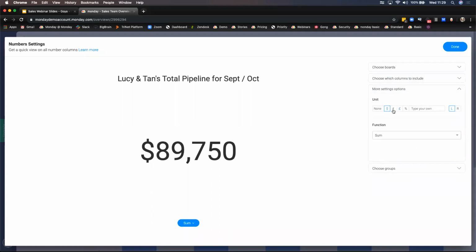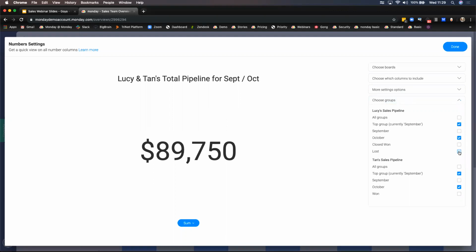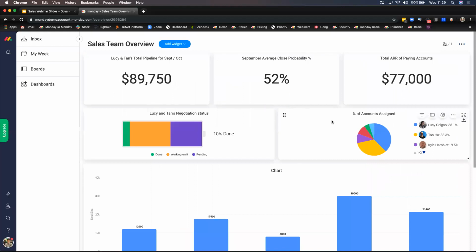I can choose perhaps a function or maybe what currency they're using. And then which group. So maybe if I just want to see my September and my October groups, I don't want to see close won or close lost. I only care about open leads. You can select which groups on those boards you want to see in terms of numbers. Okay. Average close probability, so again, a numbers column, and maybe the total ARR of paying accounts from the CRM